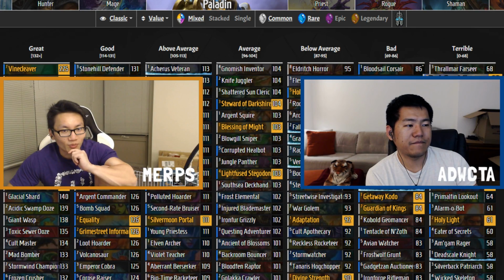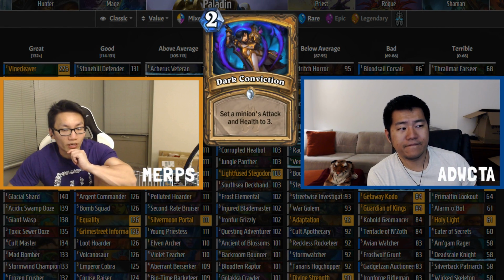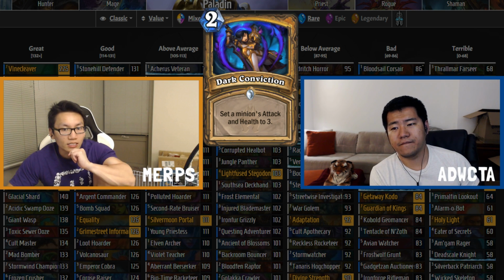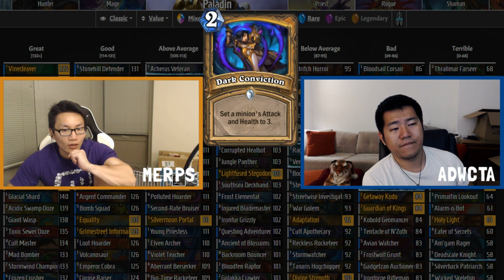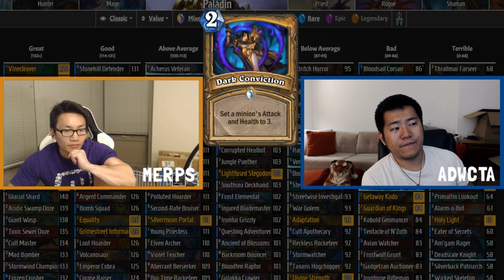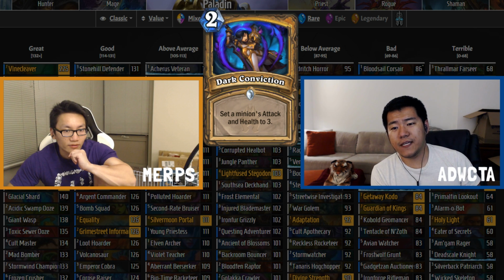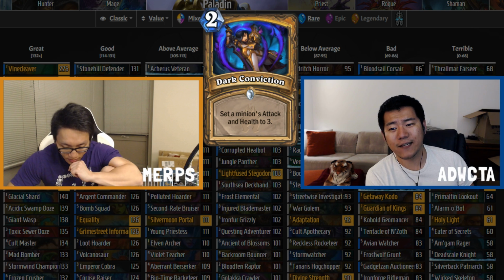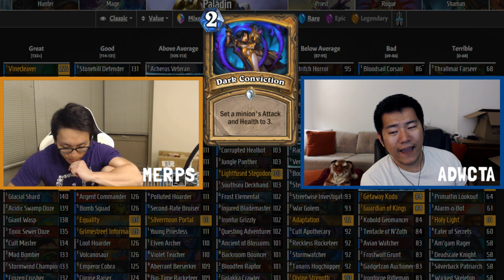This will give people some flashbacks to Keeper of Oldemon. Dark Conviction is a 2-mana common spell that says set a minion's attack and health to 3. Not bad. But it's pretty bad. It's rated this badly because it doesn't actually remove anything, and it doesn't even make